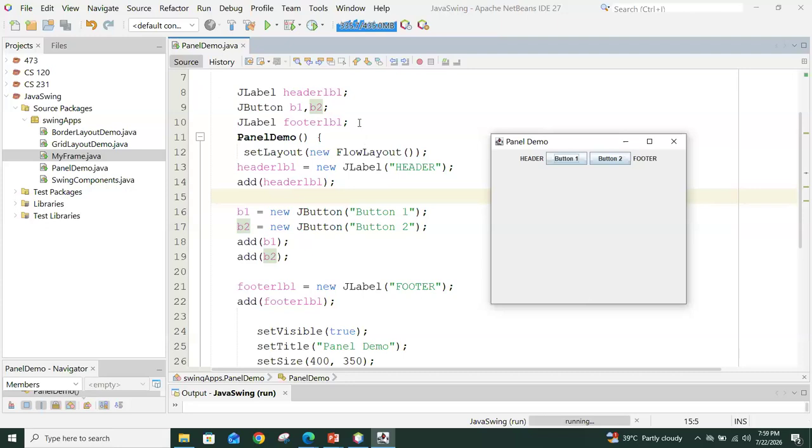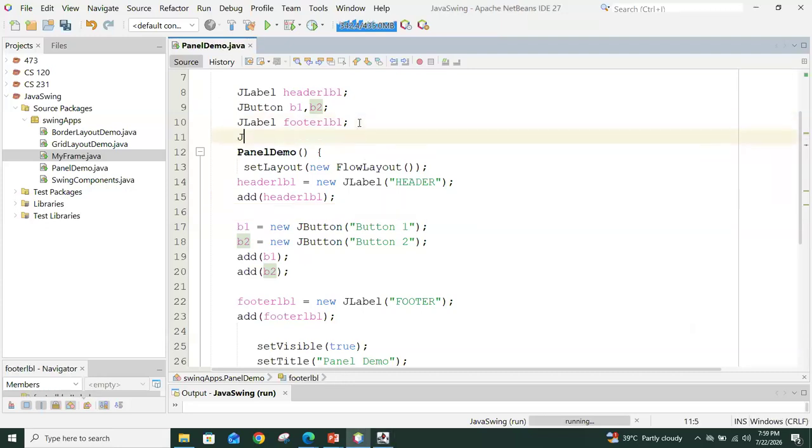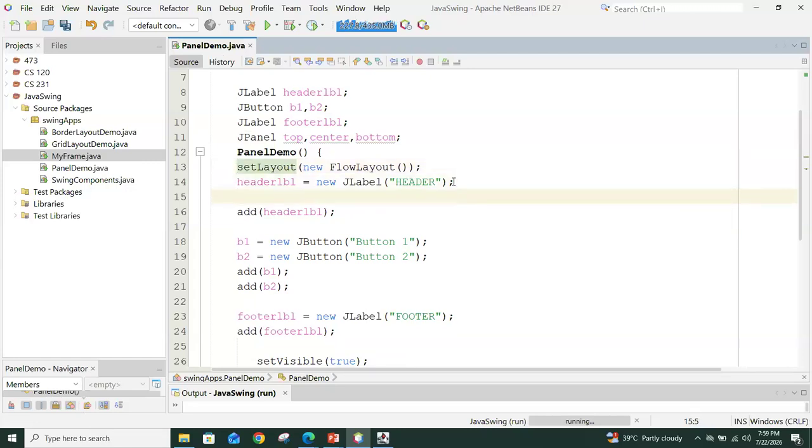So let me create 3 panels here. JPanel, how to create JPanel? I say top, or you can say head or top. Let's go with top. One is center, another is bottom. I will create these 3 panels here. For this one panel, I created header, so I will create panel top. This is top, right? Top equal to new JPanel,